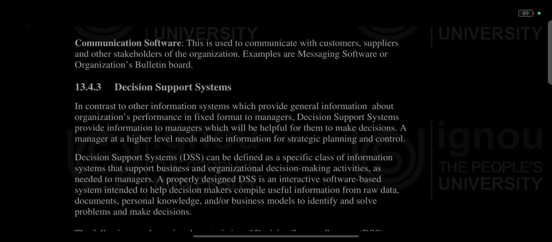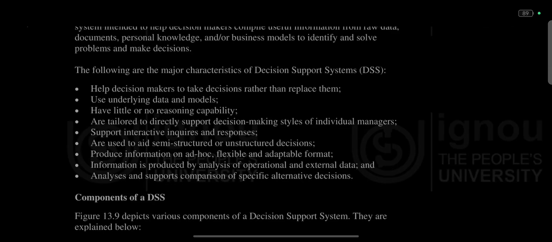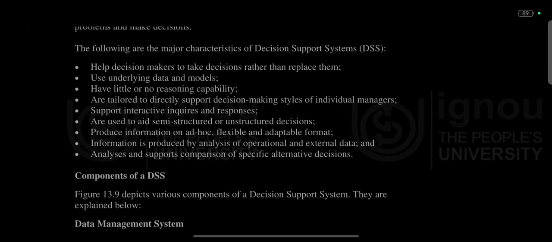A properly designed DSS is an interactive software-based system intended to help decision makers compile useful information from raw data, documents, personal knowledge and/or business models to identify and solve problems and make decisions. The following are the major characteristics of decision support system DSS: help decision makers to take decisions rather than replace them, use underlying data and models, have little or no reasoning capacity,